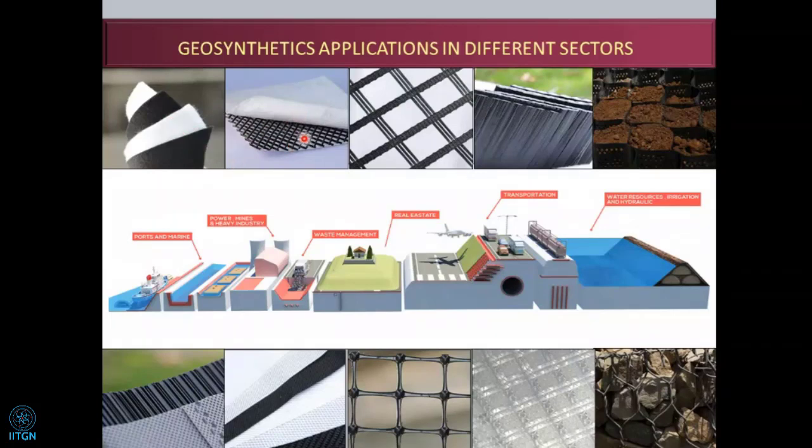You can just see this is the netting between, and on both sides or a single side you can have a non-woven. So this is the composite product because you have a geonet and you have a geotextile. With that, it is used for the drainage applications. So this geotextile will act as a filter.